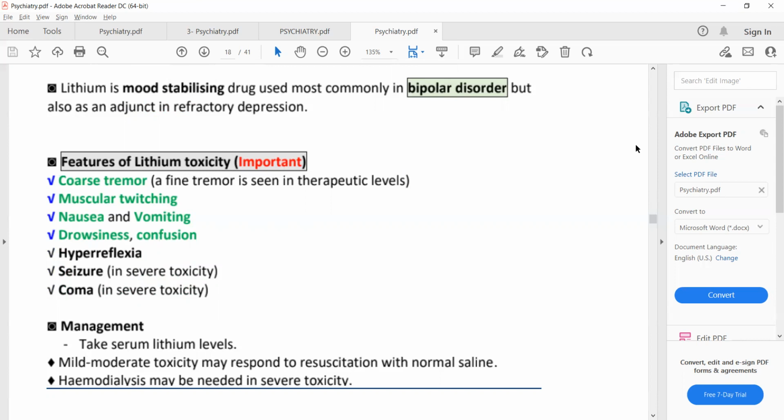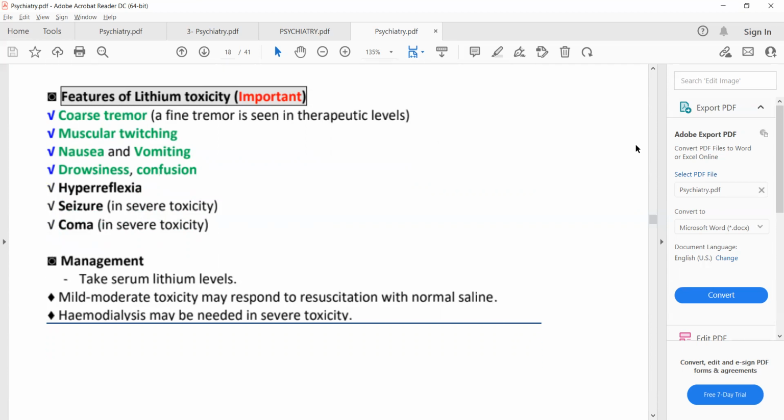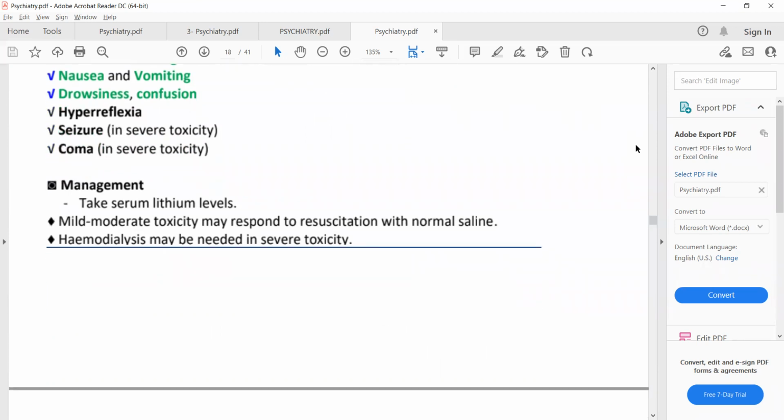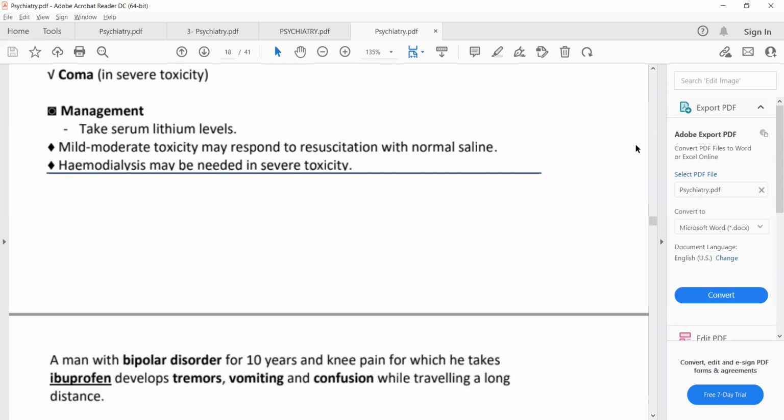hemodialysis. Now, what is the initial step if you are suspecting lithium toxicity? The initial step will be to measure the serum lithium levels. And the initial management after taking the serum lithium levels is, if there's mild to moderate toxicity,